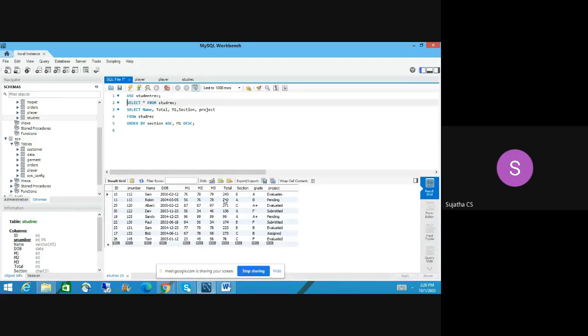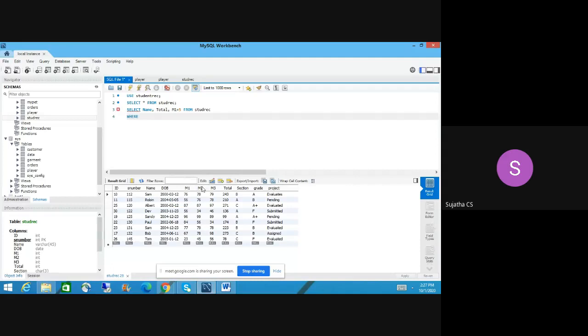So I want to increase that mark 1 by 5. So what can we do? So right here, name, total, mark 1 plus 5 marks. I am giving a bonus to every student. Then section, project. I don't need these 3 right now. Okay, from student record, STUD, REC, student record. Okay, where I'm giving a condition. So whoever is less than 70, I'm going to add 5 marks.